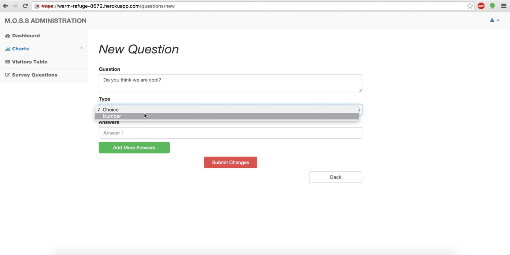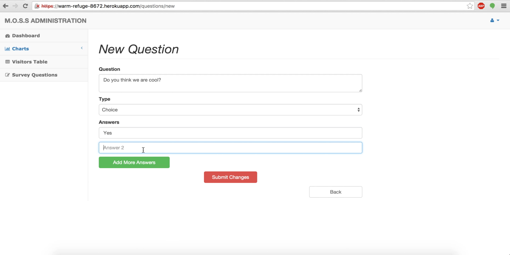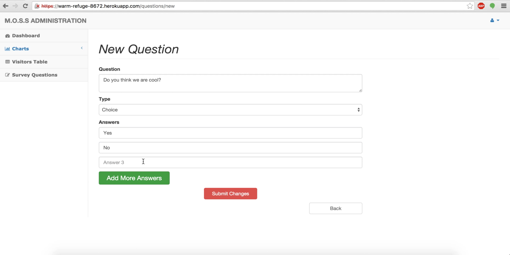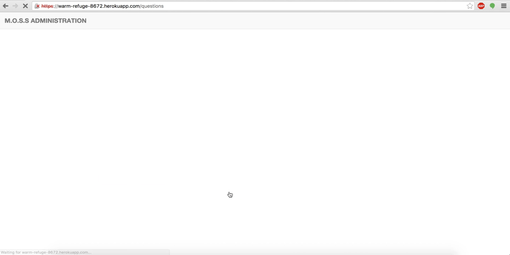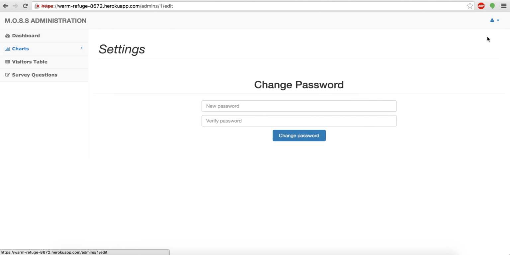It should be a choice, or number should be a choice. Then the first answer is going to be, let's say, yes, and then no. I'll just put another one, not sure. And then we submit the changes. There you go. We also can, of course, on settings change the passwords. We can log out and use